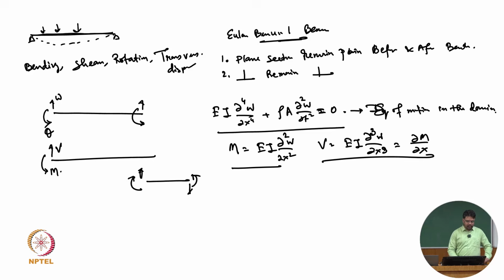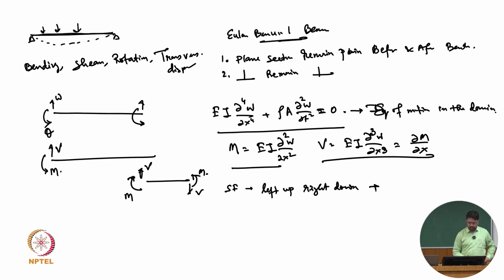So this is the bending moment diagram and this is the shear force. You can remember this very easily: shear force follows left up, right down. So shear force, SF, left up, right down, they are positive, and BM